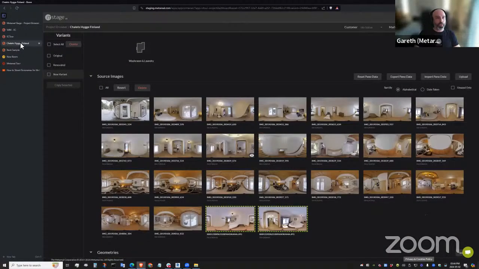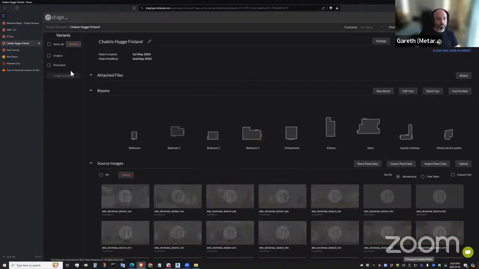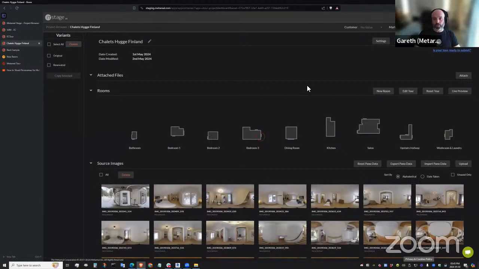And so, was there another option of how to show a before and after? Yeah, sure. In this tour, in the room editor, we just have the blend. But I'll nix this because it's not a completed variant. It's just the one I was working on. But we've got our two main variants there.